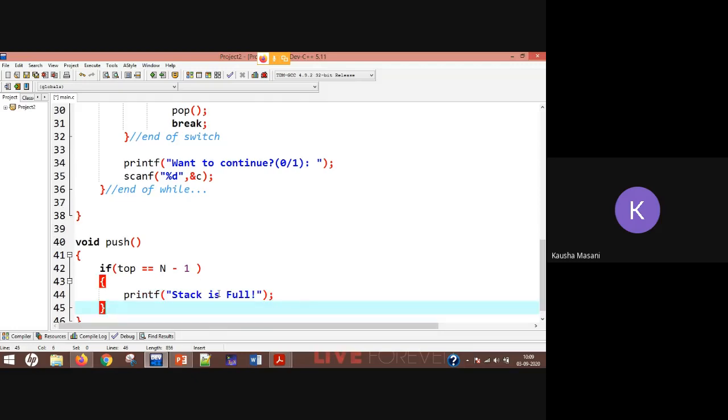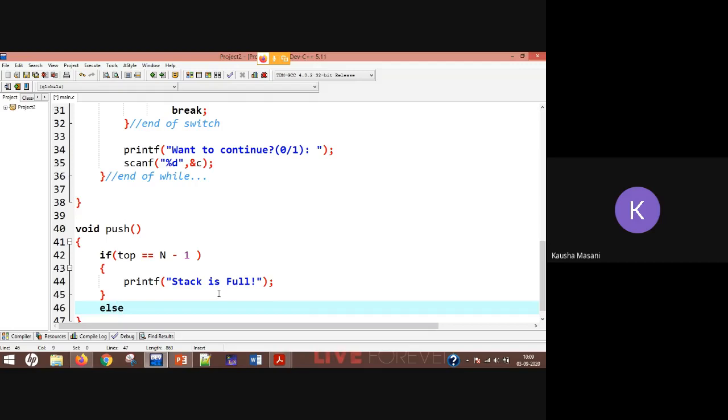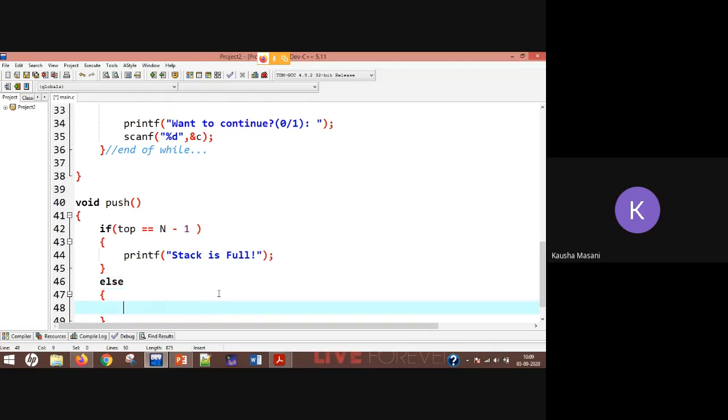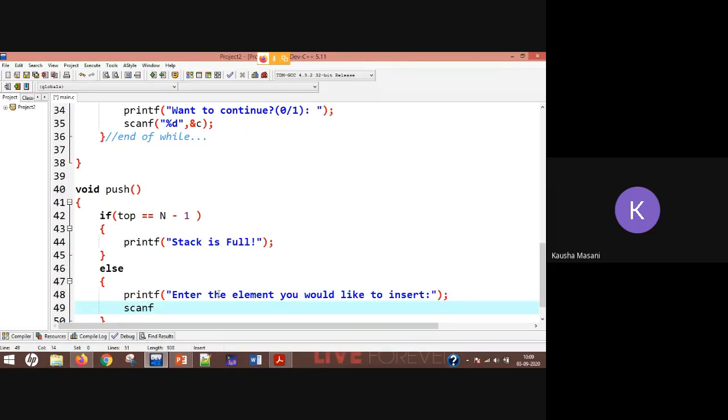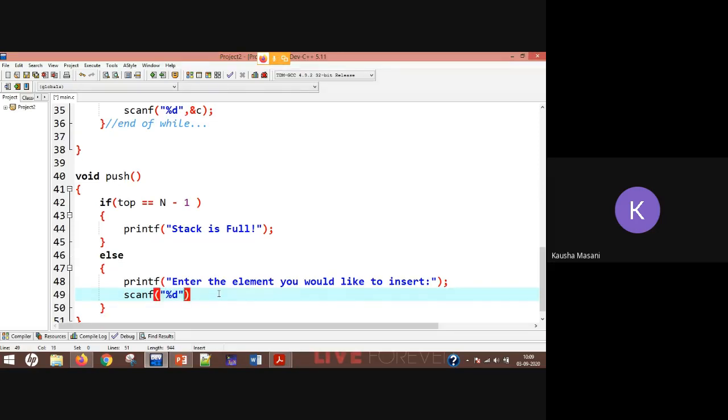But if this is not the case, then inside my else, again take one printf statement and ask the user, enter the element you would like to insert. Scanf, store it in some variable.